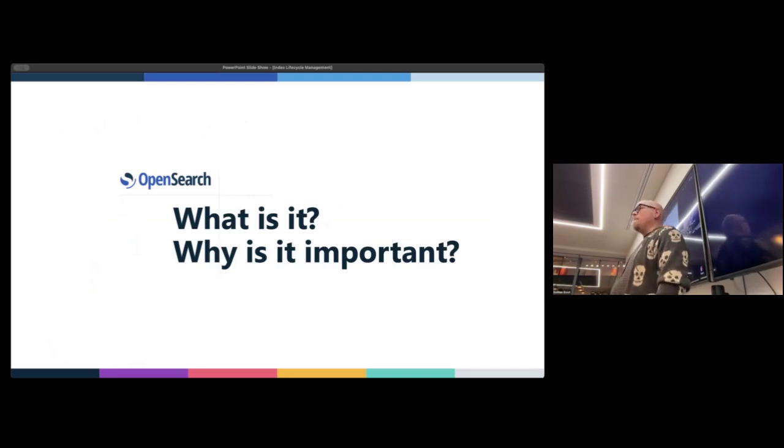So why is it important? Of course, one of the things that I talked about is that my collection of data, as I was importing logs, got stale. It got kind of weird. It was hard for me to find things. So one of the reasons that it is important is that you get to automate the things that keep your data healthy.